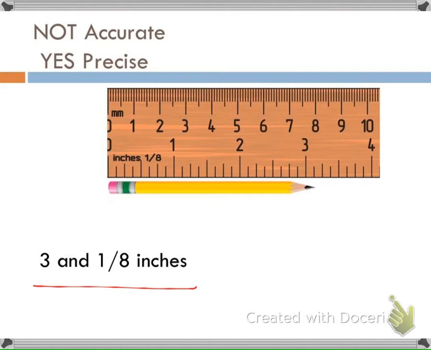So remember, precision, are all of the answers about the same? Yes, they are, but it's not very accurate because look, there's a lot of space between each increment on this ruler. See, this is all space. The space between those 2 marks we just have to guess at,